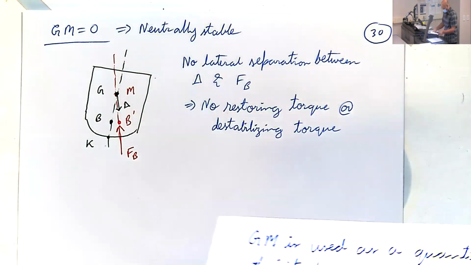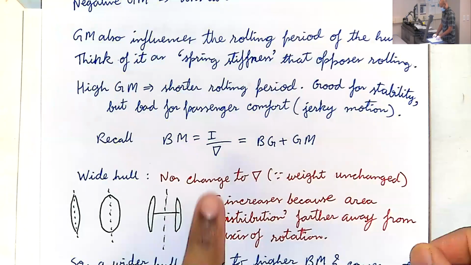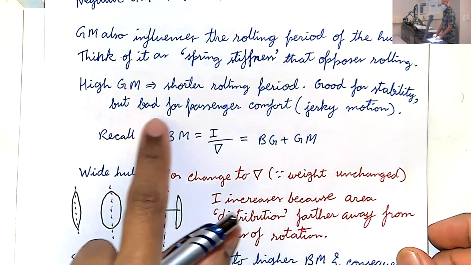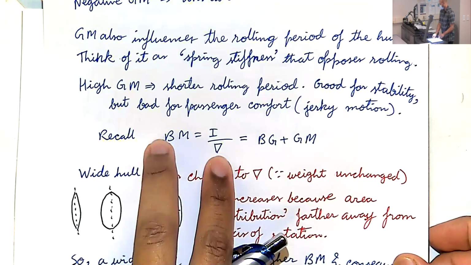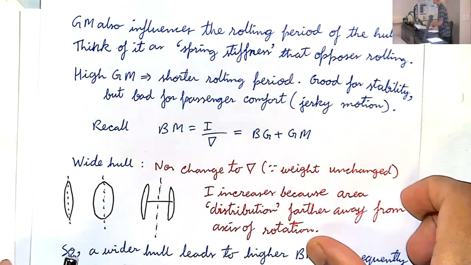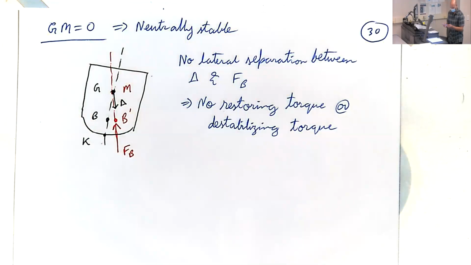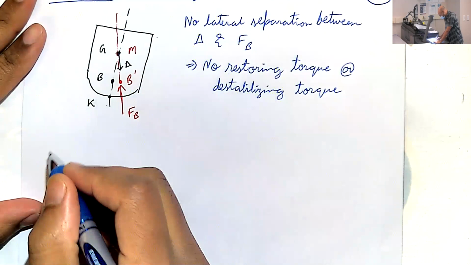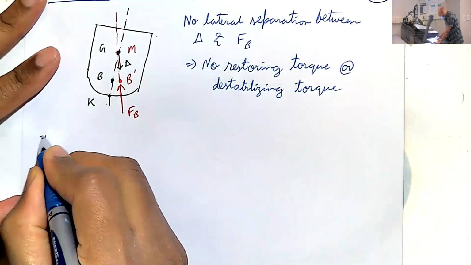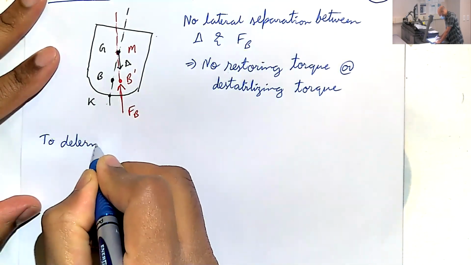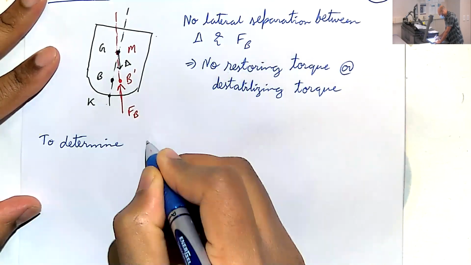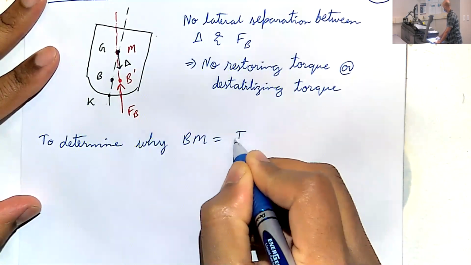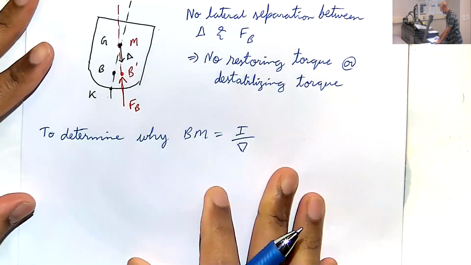Okay. So now let's quickly see Bm equal I over nabla. This is a very important one that we'll use over and over. Let's see where this comes from, and then we'll do some examples of hulls loaded, and we'll compute how stability is affected. So to determine why Bm is I over nabla, the first thing is,